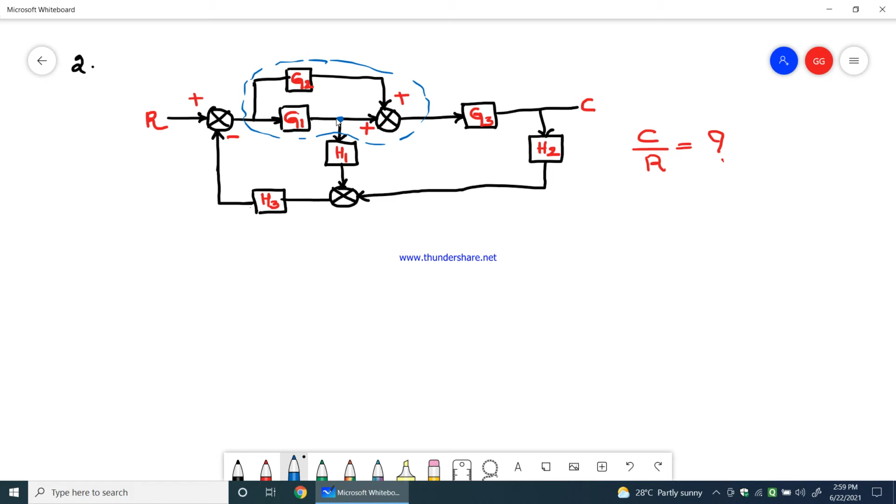Now what I do is I'll try to take this takeaway point and put it beyond the block. I think moving a takeaway point beyond the block is the rule which we are going to apply here. So if I do that, the diagram will look like